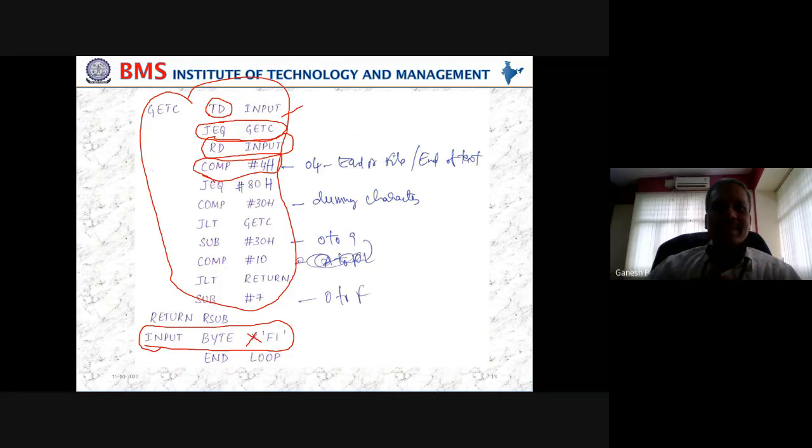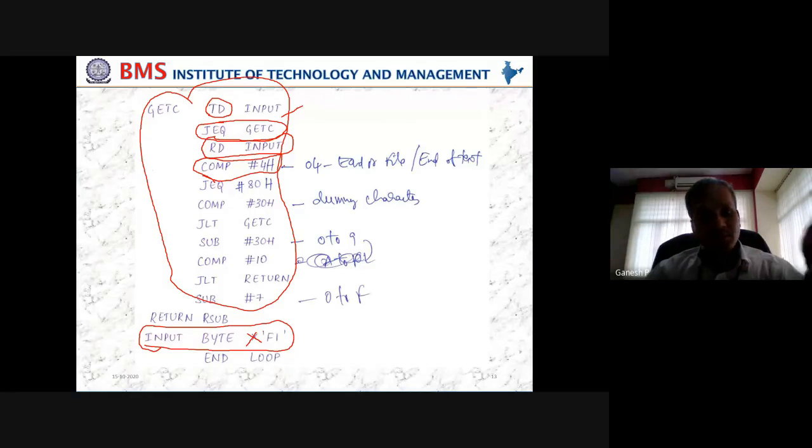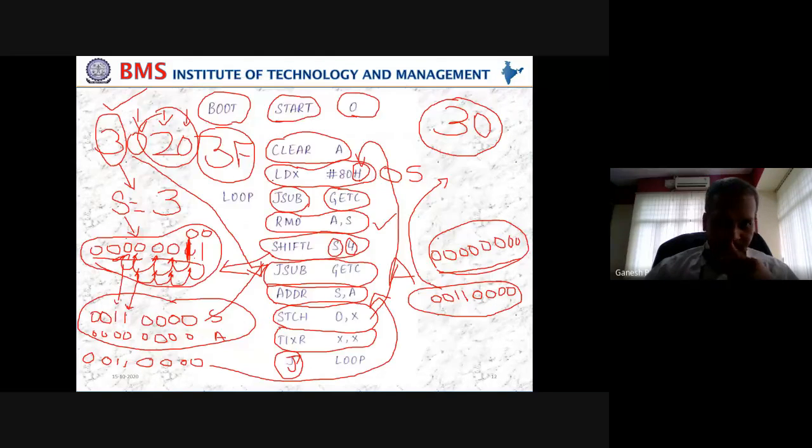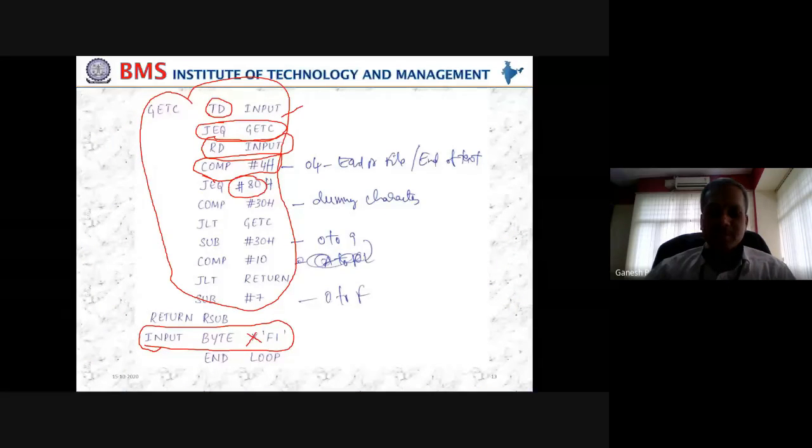If I have reached the end of the text, then what should I do now? My entire text program is copied. My entire operating system is copied. Then my next business is what? Execute the operating system. To execute the operating system, what should we do? We should go to the location where my operating system has been loaded. Where is it loaded? It is loaded at the location 80. That's what we have started, isn't it? So at location 80, we have loaded our program, which is our operating system. So if I have reached the end of the program, I will go to 80 and start executing. That is one. If it is not, suppose this is not 4, I'm getting some